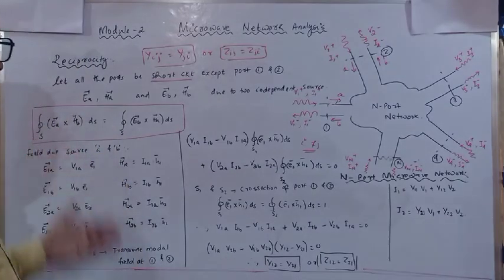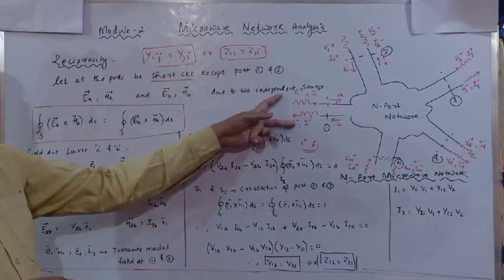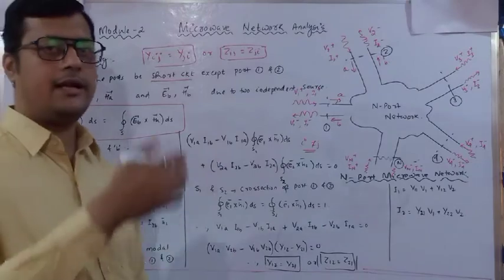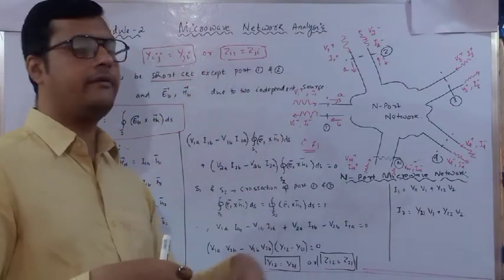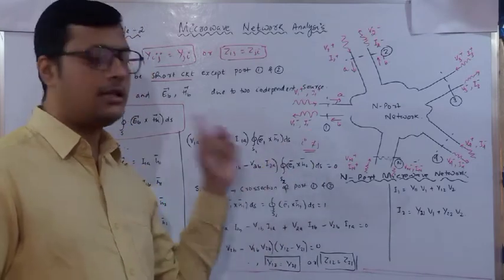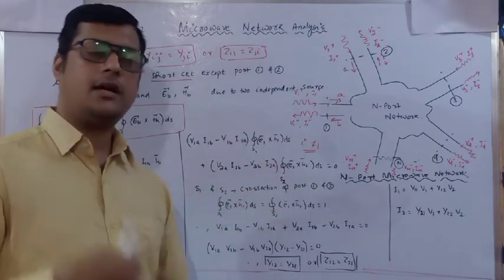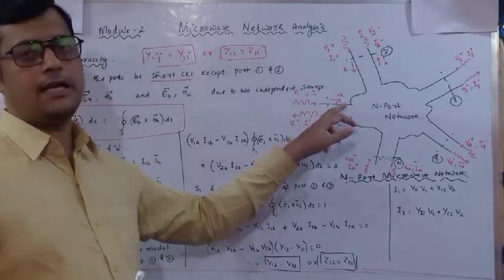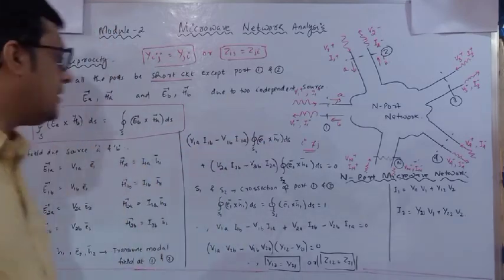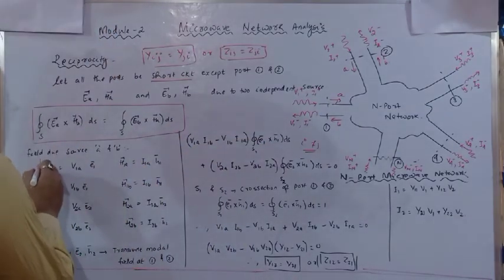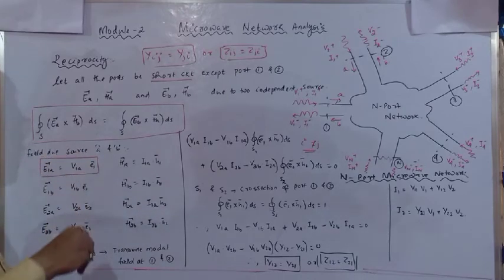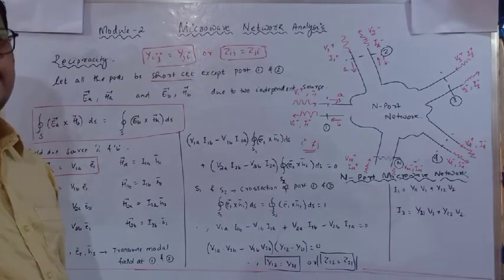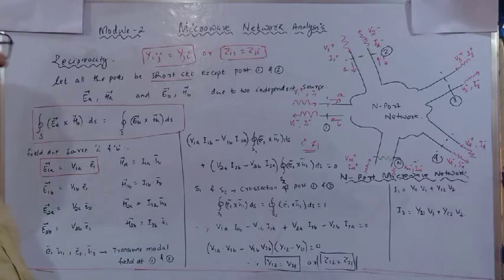Okay. Now these are the field components. As we have two signals, one is incident, one is reflected. Similarly for V1 we will get E1, and for I1 we will get H1. Okay. Similarly for the reflected one, V1 minus, we will get E1, and similarly for I1 we will get H1. So as I have represented, A is for incident, B is for reflected. So here you can see E1A is equal to V1A into small e1. Small e1 is the transverse modal field, the normalized component. Here I am discussing the normalized component.